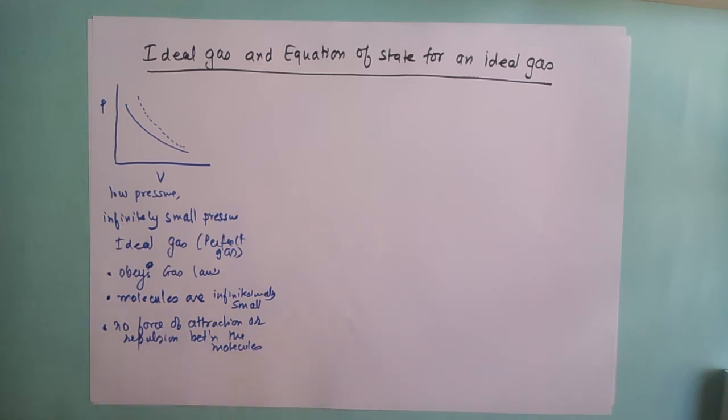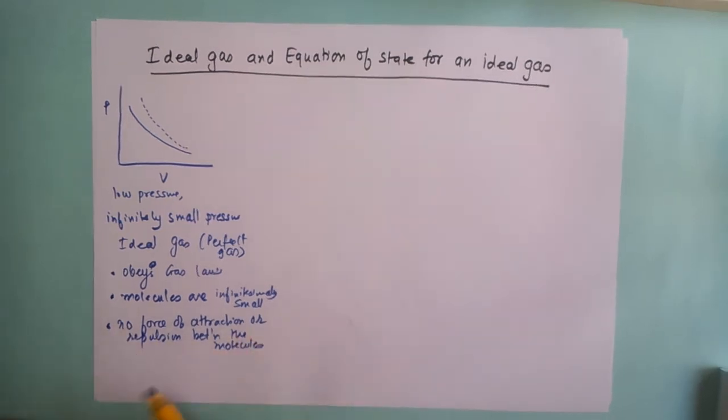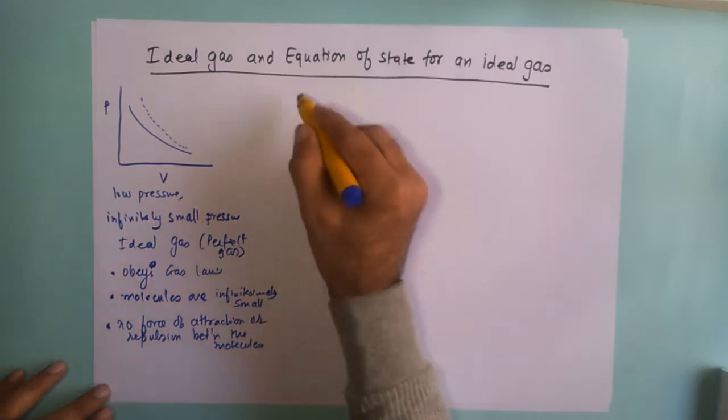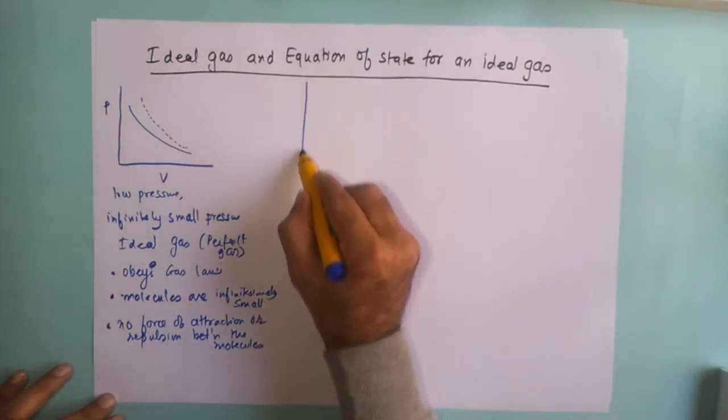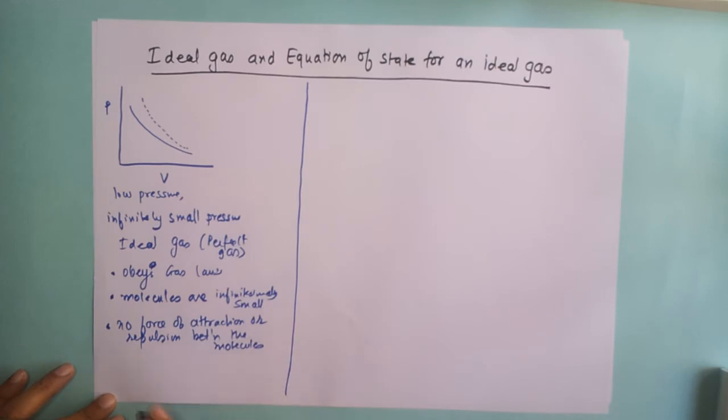What this will also mean is that it will not be possible to convert this gas into a liquid or a solid, because if it's going to be a liquid, there will be force of attraction between the molecules, and if it is going to become solid, the force of attraction will become more. Therefore, when we make this assumption, we imply that this will remain in the state of gas, irrespective of low pressure, high temperature or low temperature. So this is the concept of an ideal gas, and we will be using this concept throughout our discussions